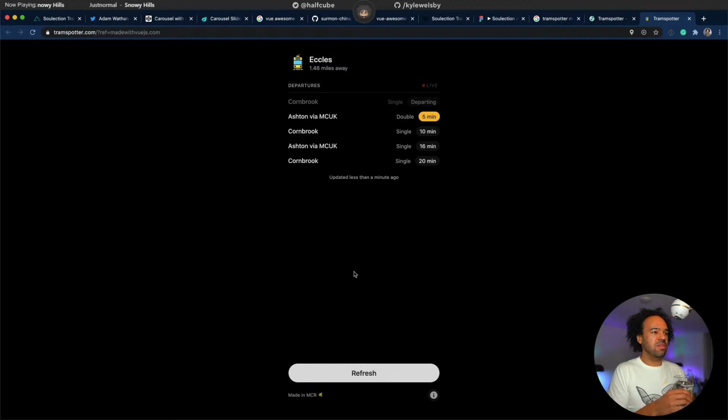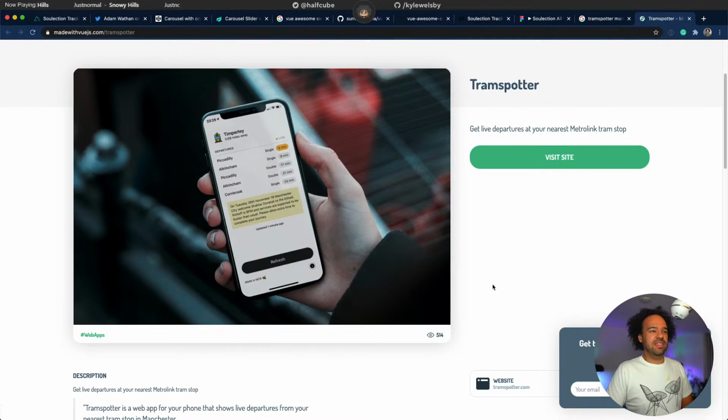So it says Cornbrook is my technically closest, but no, my closest one is Deansgate, and it says that there's a tram in 5 minutes I can get going to Ashton. One way down the line. There's loads of awesome improvements which can happen with this, and it auto updates in the background. It's a very simple application, but it helps people who are doing that daily commute and just need to find that information out right now. So yeah, there's your spot. Hope you like that, mate.